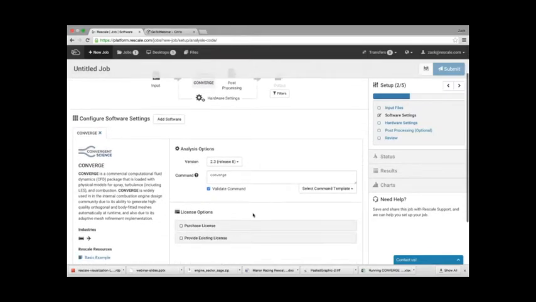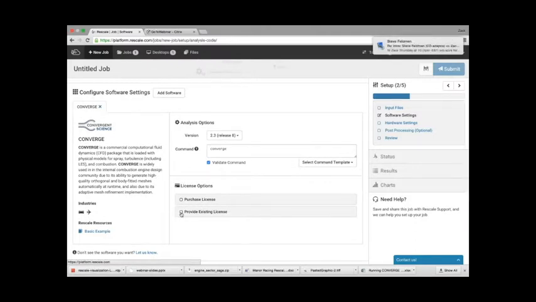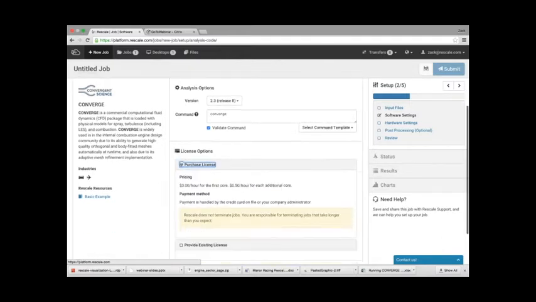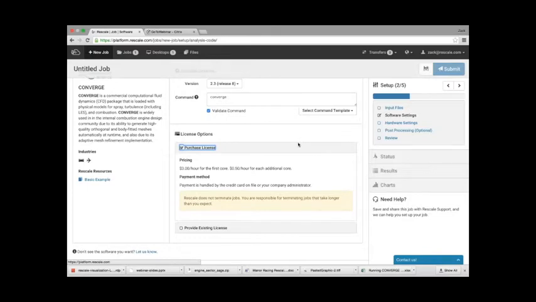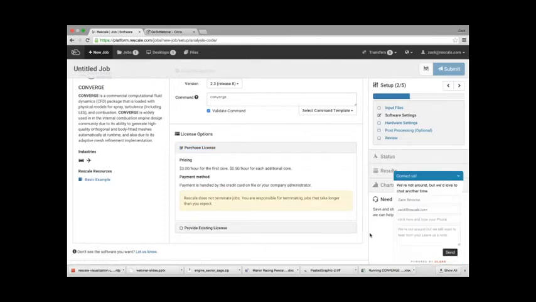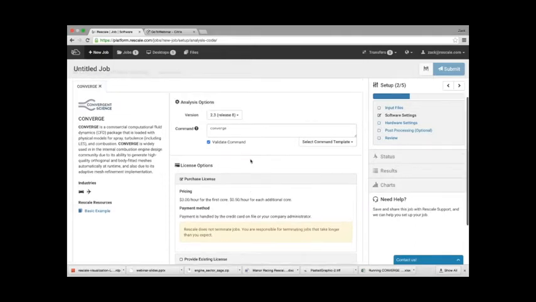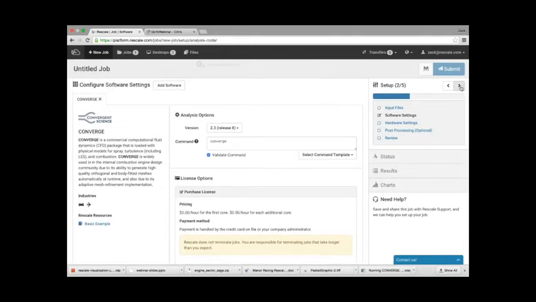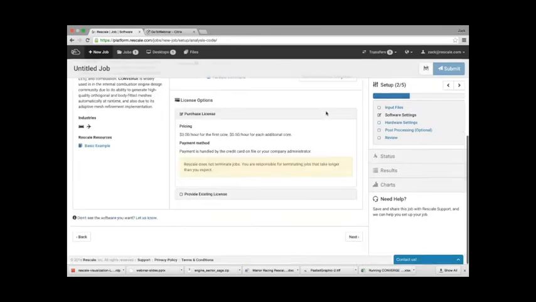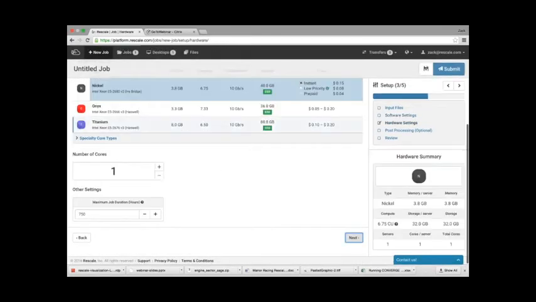Therefore, you don't really make mistakes on that, but the option is always there. And the license type, that's the next thing. So we have two options. One is to provide the existing license that you have, bring your own license, or you could purchase a license online. That's the option which I'm going to choose in this case. Last thing to make sure is that, if you need to contact us, you can always contact support through the chat over here. We're very happy to help and share a bit more about the support we have with CONVERGE in the system.